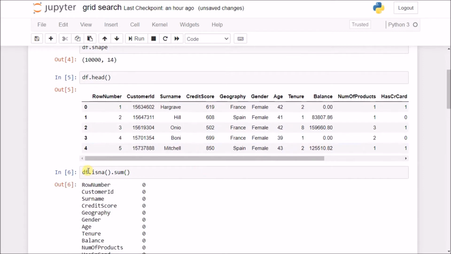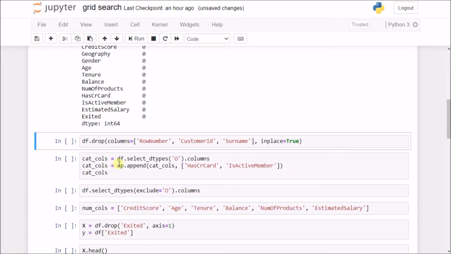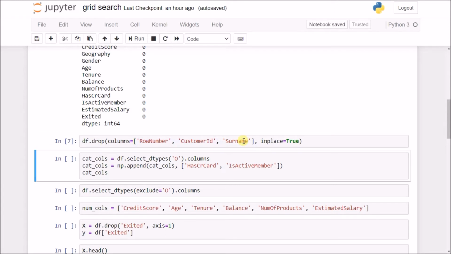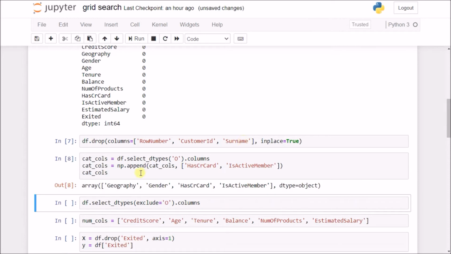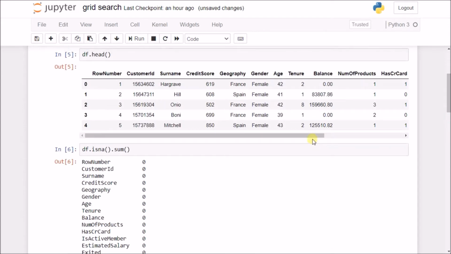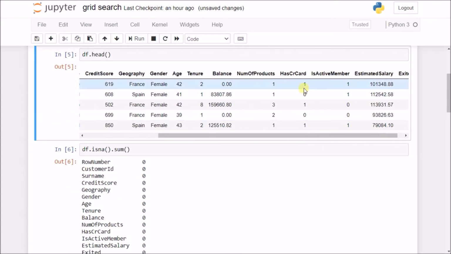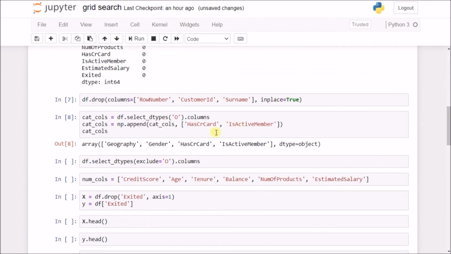If I check the number of missing values, I do not have any. Now row number, customer ID and surname are not helpful quantities, and I'll drop them. Now these 4 are my categorical columns. Although has credit card and is active member are numerical columns, technically those are yes and no columns, and hence I'm including them in the categorical columns list.